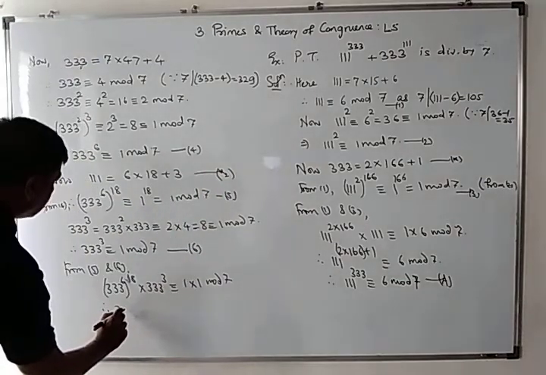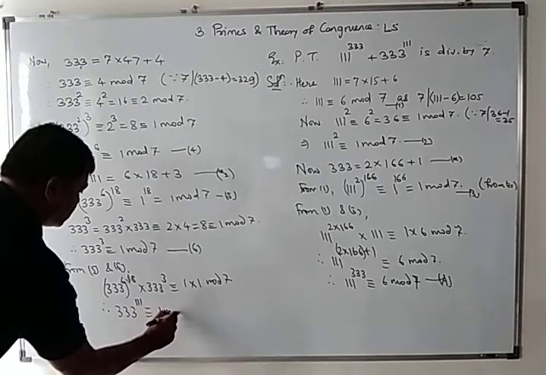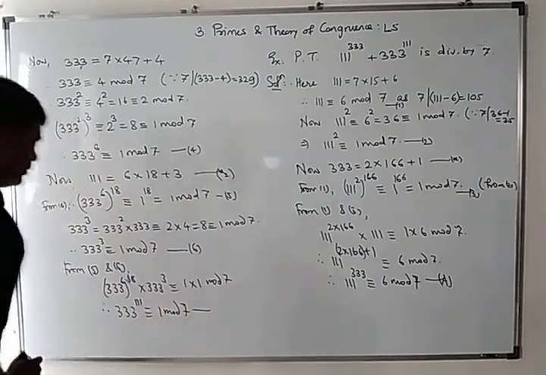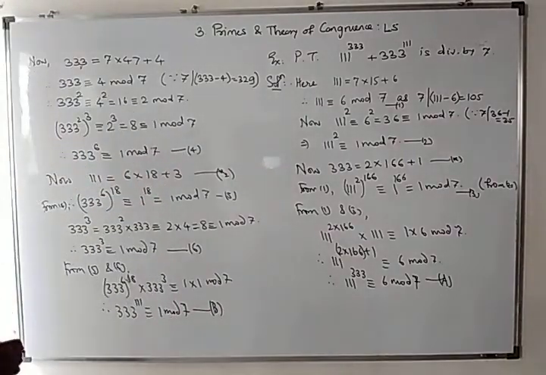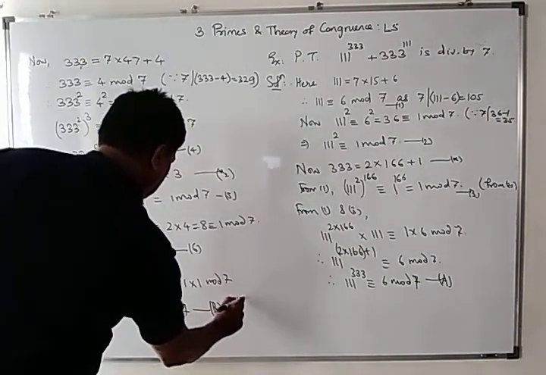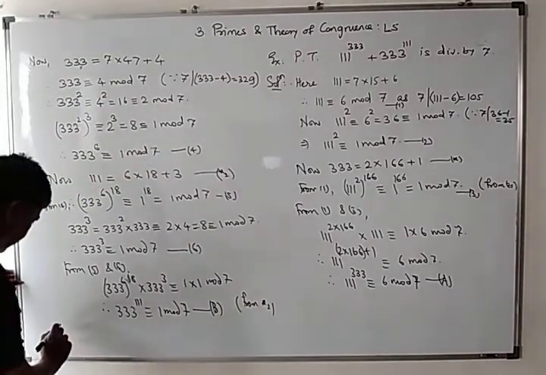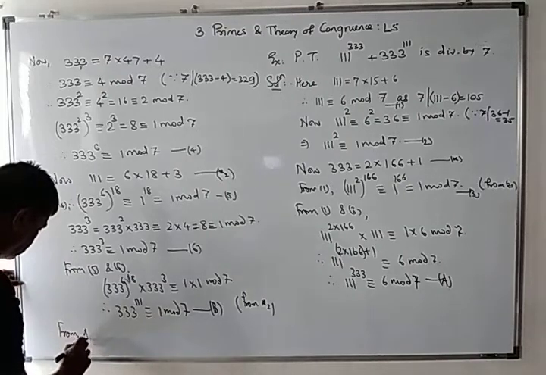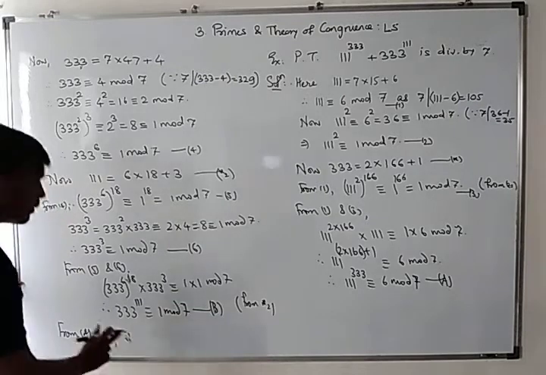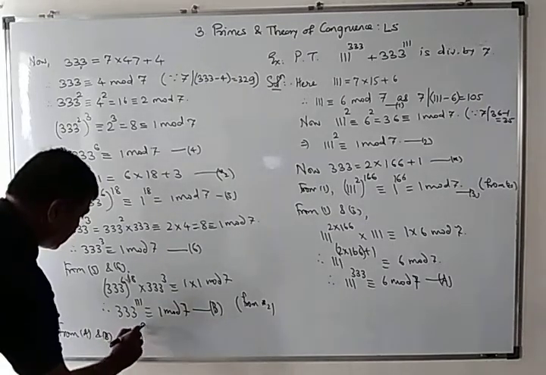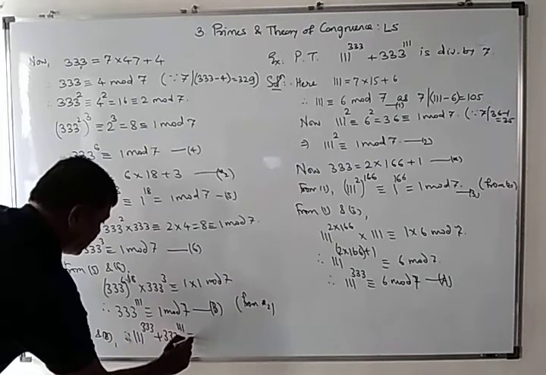So 333 raised to 111 is congruent to 1 mod 7, right. This is B. From star 2, from A and B,